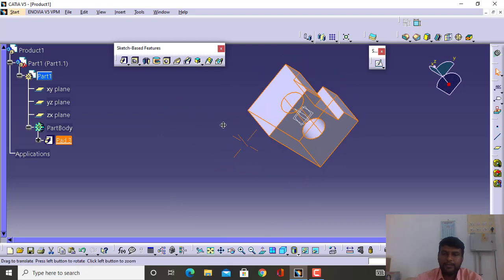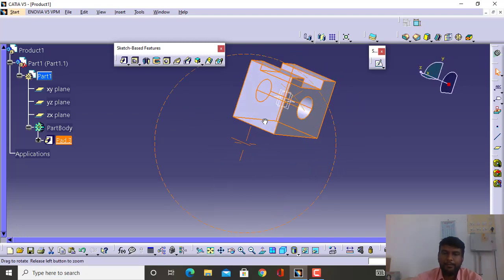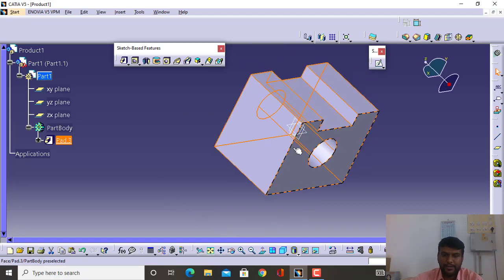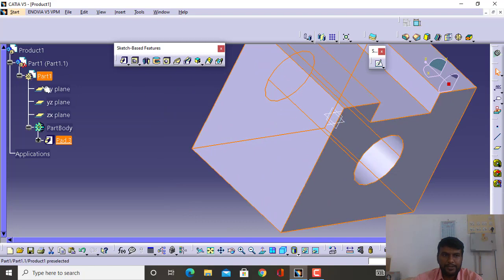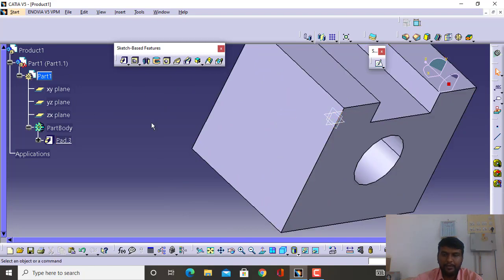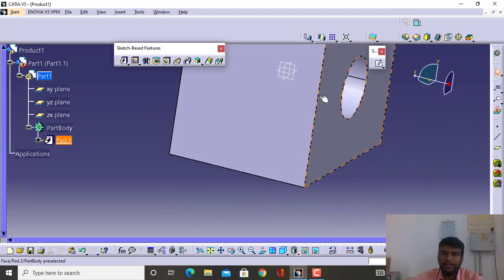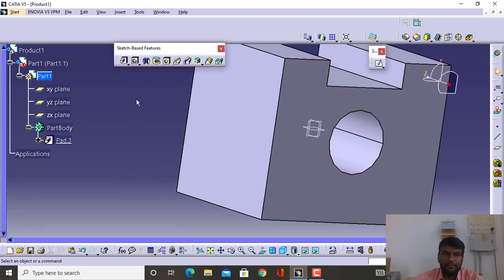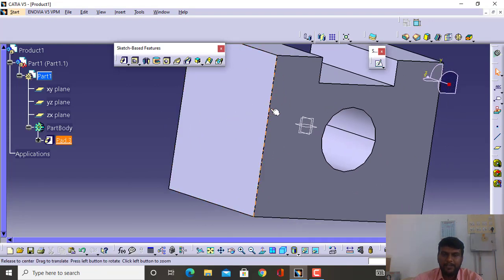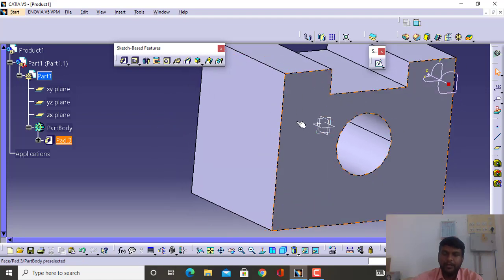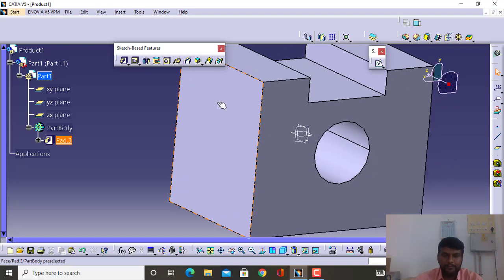The benefit of this mirror extend is the plane will appear in the middle. See here you can see these three planes. So we have created the sketch on this XY plane. So when we select the mirror extend, it will extrude both sides of the plane so that these planes will be in the middle. So that will be beneficial sometimes. If you want to do mirror or any other operation, that will be useful if you have the plane in the middle. Just directly you can create something here, and that I'll show you with the sketch.